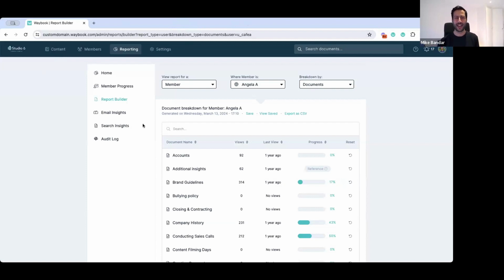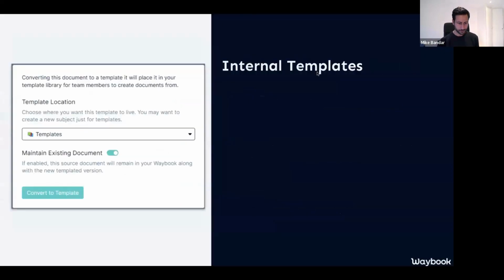Okay, so let's jump back into the next thing that we're going to be releasing today. As we mentioned, that is, of course, internal templates. Internal templates is a really exciting one. I've already used it a huge amount internally, and it's one of those things that I thought, how did we survive without it? Essentially, what internal templates enable us to do, the reason why we thought it was important, is because we spend a lot of time creating a good structure for our Waybook,